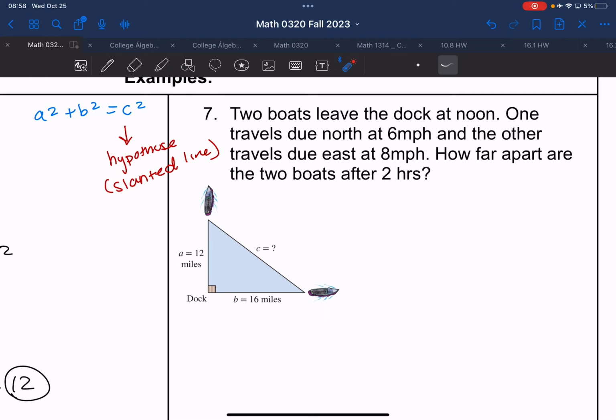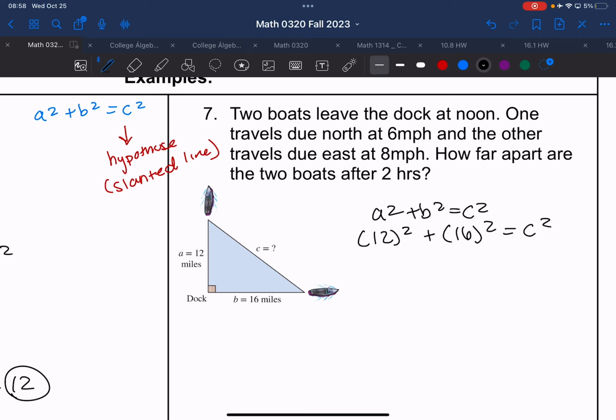They set up what A and B is, and we are missing C. So again, we're going to use the Pythagorean theorem and plug everything in. So I have A squared, so 12 squared, plus B squared, so 16 squared, is equal to C squared. What is 12 squared? 144. What's 16 squared? 256 equals C squared. What do we get when we add 144 and 256? 400 equals C